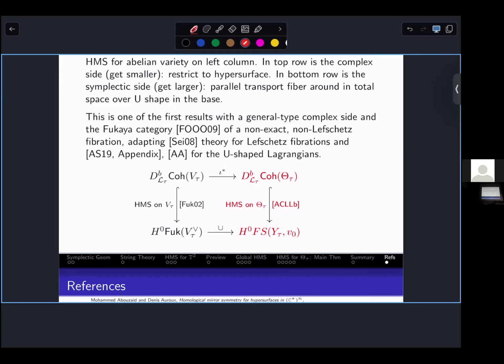What I've seen in their talk is that only after adding this extra parameter, you actually can pass from a symplectic structure